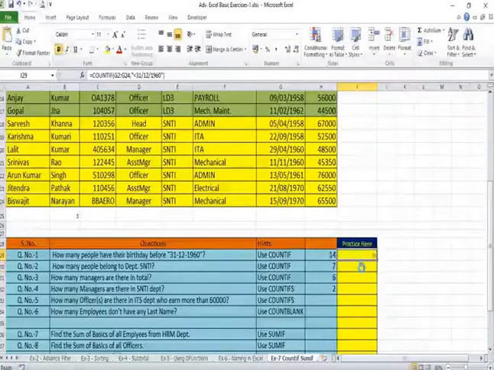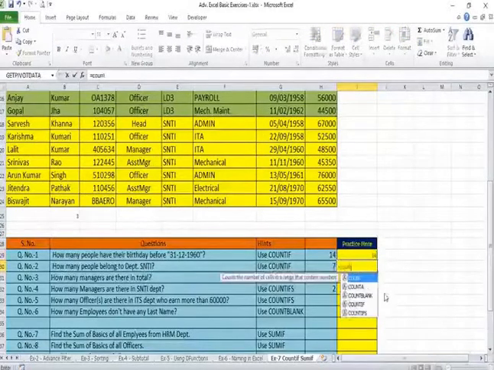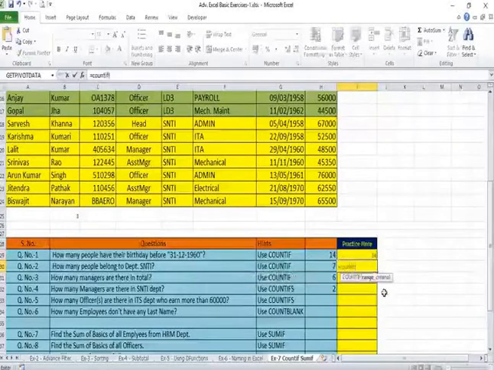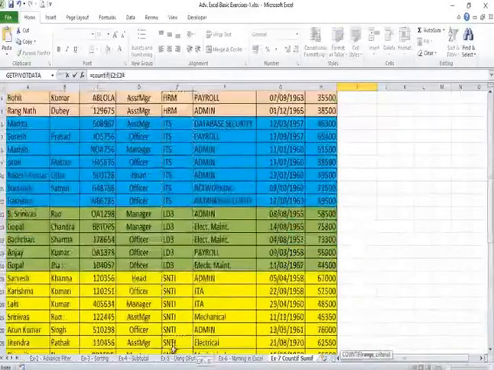Count is 14. Right? Similarly, let's take the second question in which you are being asked how many people belong to department SNTI. For that, you will have to use COUNTIF once again. So write equal to COUNTIF, open the bracket and select the department range this time.